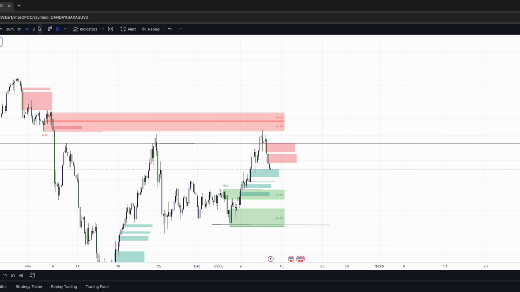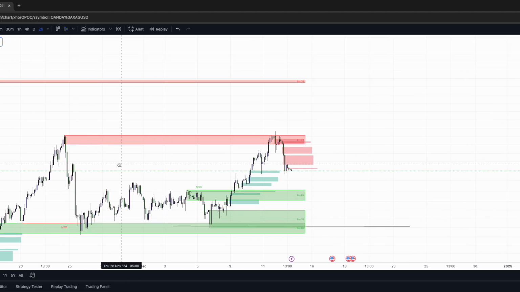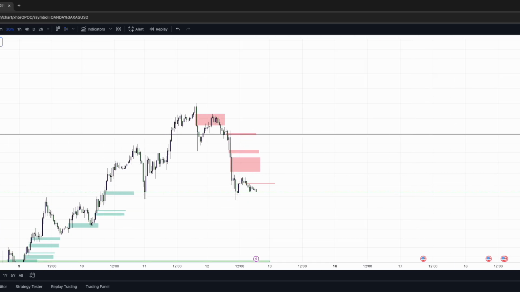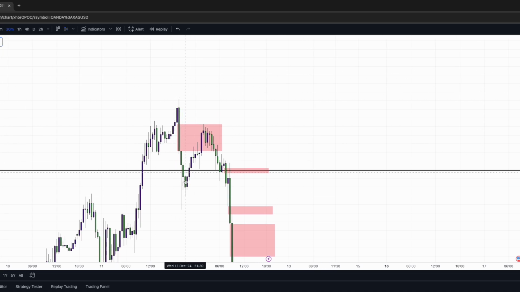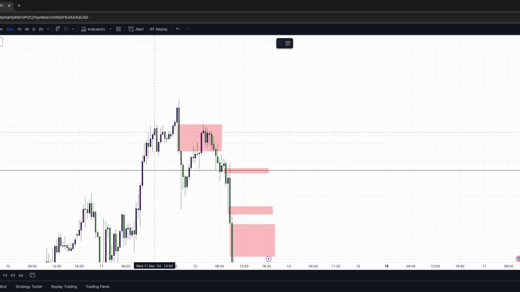So I scaled down to, I believe, the 2 hour. And as you can see, it was in a bullish OB. I looked at the 30 minute, and as you can see, I believe Asian session, it made an impulse downwards, which means right here, all this consolidation liquidity was taken out, and it was kind of like a market structure break. And once I saw that impulse, after it reacted